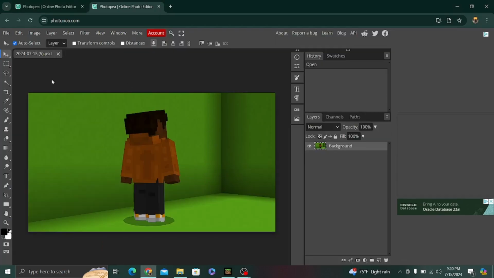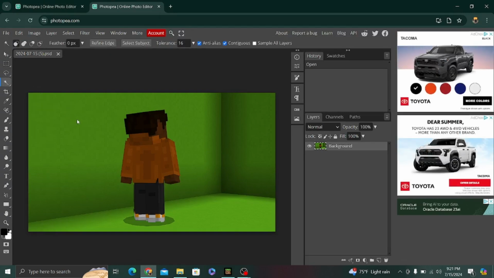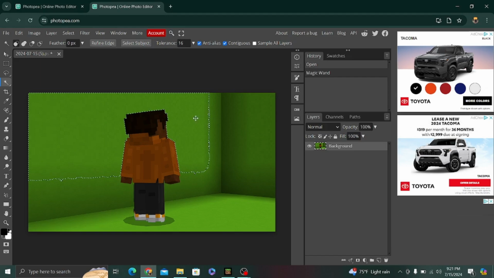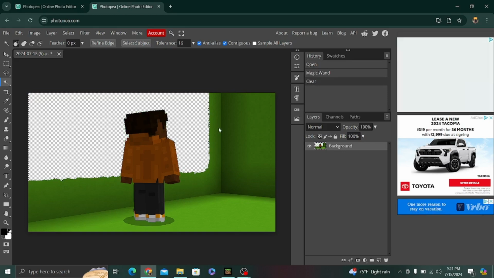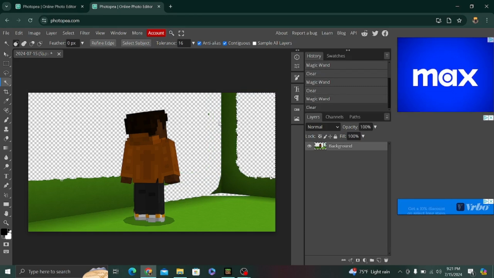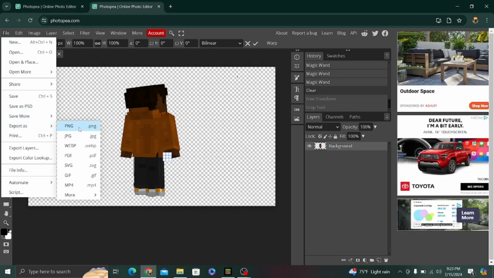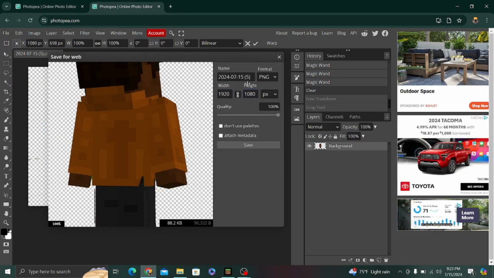All right, so what we want to do is select this magic wand. Yep, magic wand. And then we want to select everything green. So select this green, then press delete. And keep doing that until you have good results. So what you're going to do is go File, Export as, PNG, and then name it whatever you want. I'm going to say